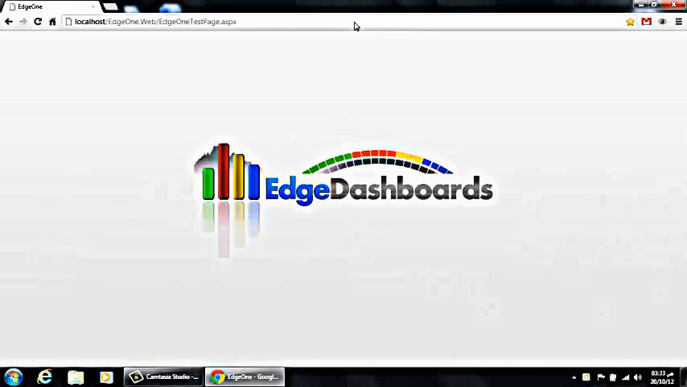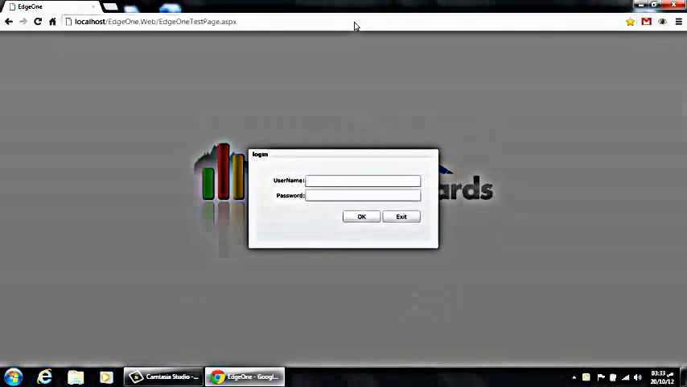Hello and welcome to this short introduction about Edge Dashboards. Edge Dashboards is a software aimed to simplify the process of creating business dashboards. In this short introduction, I will show you how easy it is to build fantastic looking, powerful business dashboards using